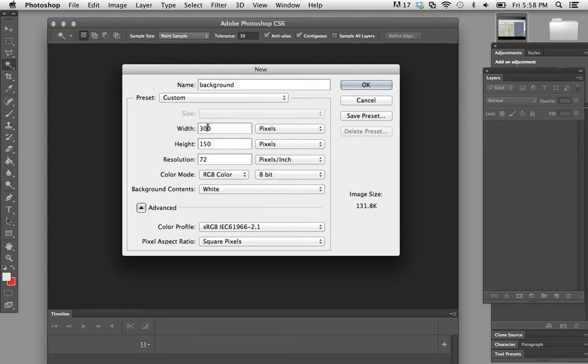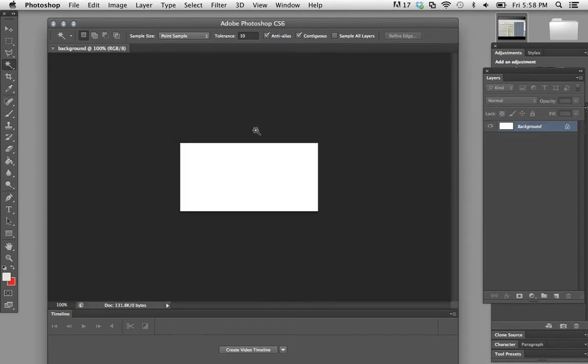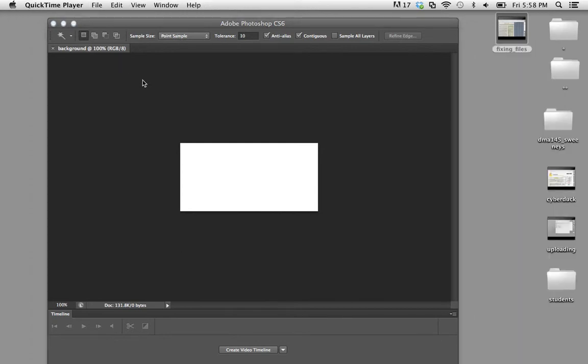So you can think about what size you want it to be, and you can try it out in your page. So mine is going to be 300 by 150 by 72. The background can be either white or transparent. It always needs to be 72 because that's the accepted web resolution. It's changing, but it is right now the accepted web resolution. It probably will change in the next year or two because of all the different kinds of devices. So you say okay, and here is my lovely little